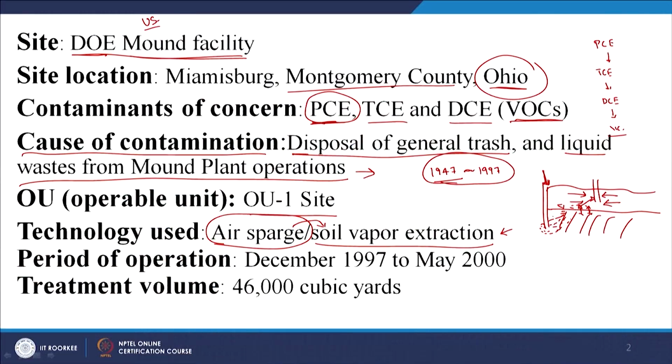Now, what is going to happen? Because of again the relationship, there is going to be an equilibrium between the gaseous and aqueous phases, and now you have this uncontaminated gas bubble in contact with your contaminated water. So, the contaminant is going to change phase from the aqueous phase, or the water, into the gaseous phase, and this gaseous phase is now going to reach this zone, and then will be removed by your negative pressure that is typically applied during the soil vapor extraction.